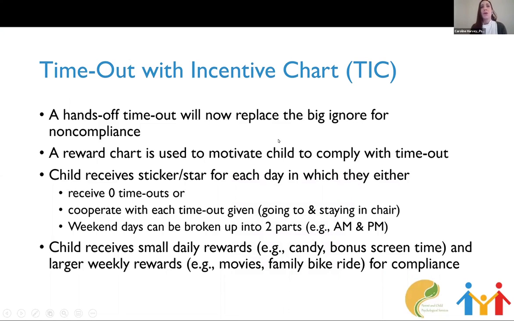Okay, so after we get at least one of those command training coach sessions, we're ready to move on to the second phase, timeout with incentive chart. So this is when we introduce a hands-off timeout procedure, and this is going to replace the big ignore for non-compliance.